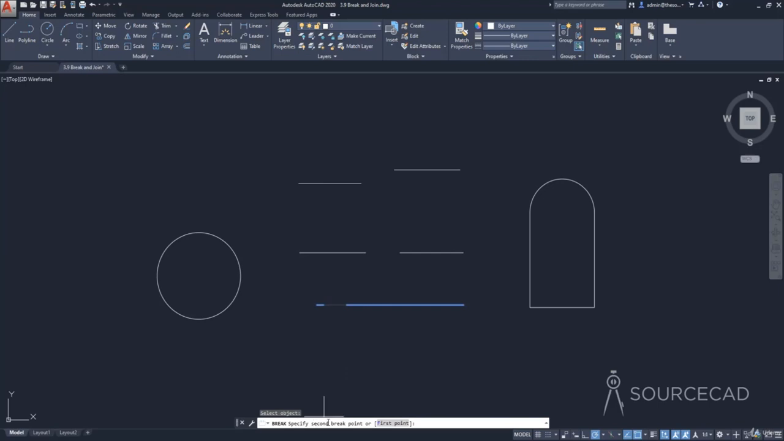because now command line will directly prompt me for a second breakpoint because it automatically selected that point as the first breakpoint. Now we just need to specify the second breakpoint. I'll just click here, and there we have it. So it created a gap between that first selection point, which happens to be the breakpoint as well, and the second breakpoint. Now I'll press Ctrl Z so that we have single straight line, and maybe a few more times Ctrl Z